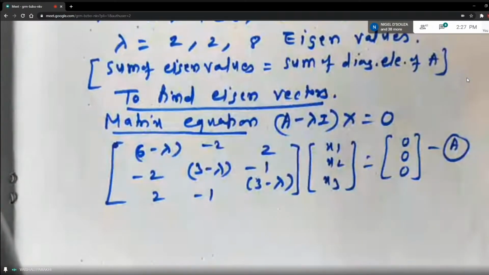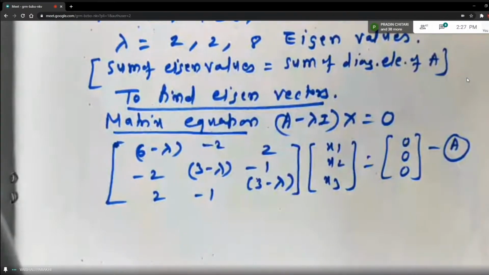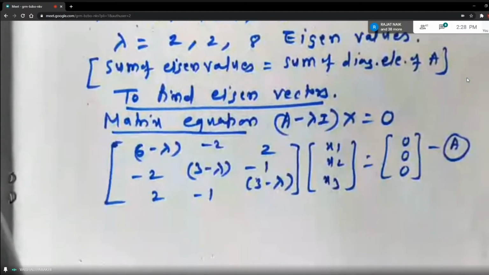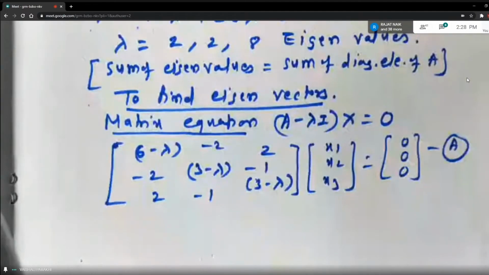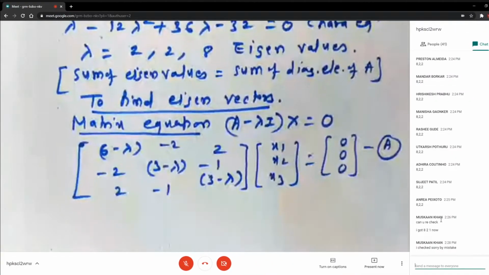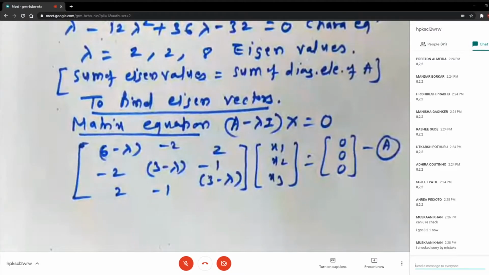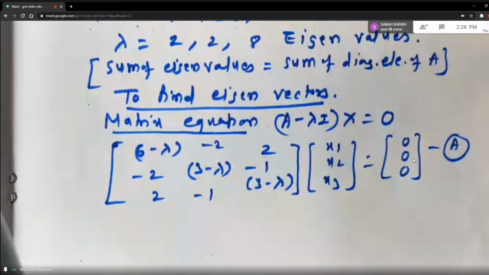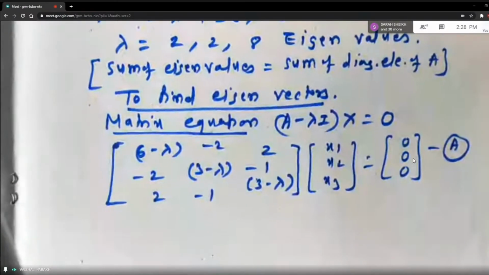Any doubt, students, till this step? If you have anything to ask, if you want me to explain something, please ask, because unless and until you tell, I will assume that you are understanding. Because at the end of the topic, I don't want to hear that, oh, I have not understood. What Muskan has typed, I checked, sorry, by mistake. Okay. So this type of mistakes happen, right? You may get wrong eigenvalues, and you will proceed with that. So don't do that. Now this is your equation A.